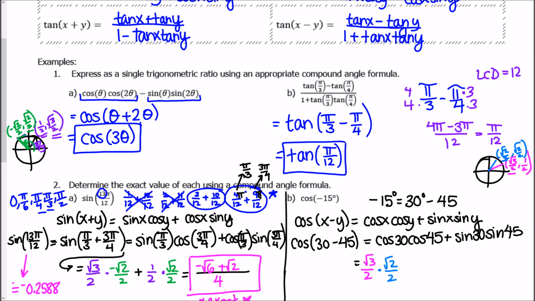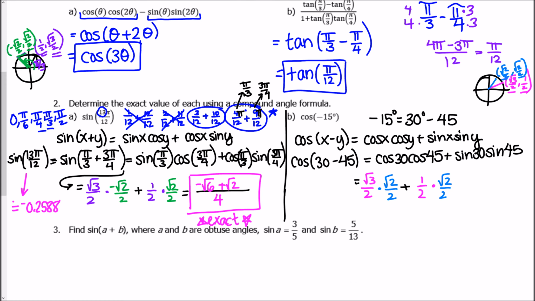Okay, then I'm going to say plus, and then over here, the sine of 30 right here is going to be the y value here. So it's going to be this 1/2. Times the sine of 45 is going to be this y value right here, so it's times the square root of 2 over 2. So I end up getting right here that this is all equal to,